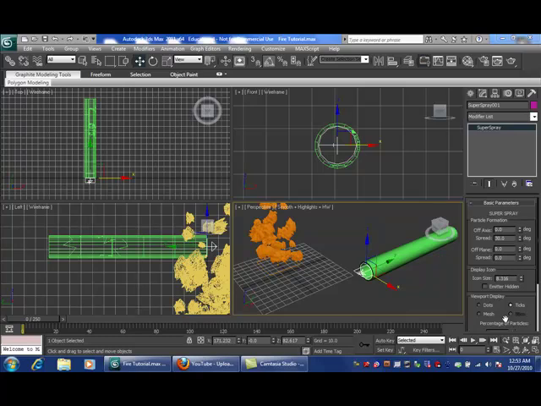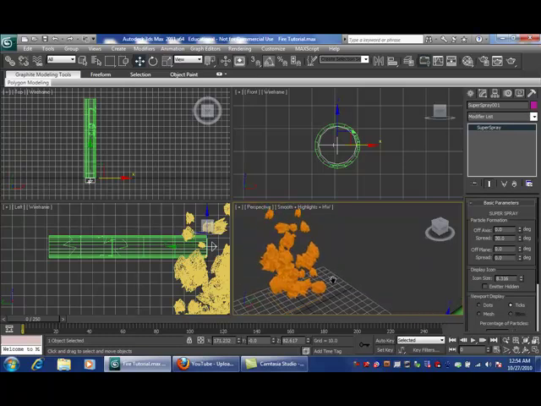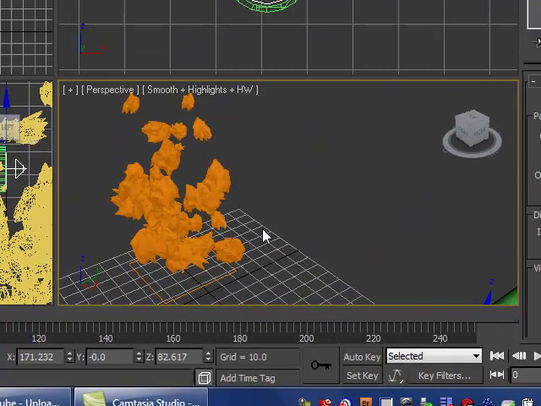Here we are going to look at a little bit more detail in the actual particle systems, a little bit more advanced look at it here. We just kind of looked at the basics before. I do have a four-part tutorial on how to make fire, and that involves everything from the correct materials